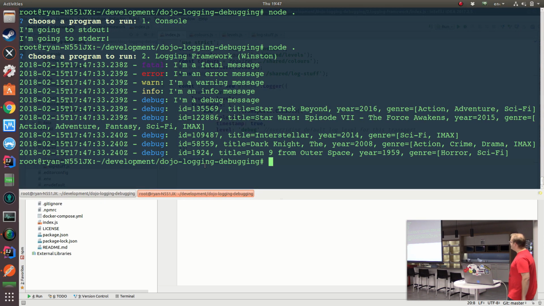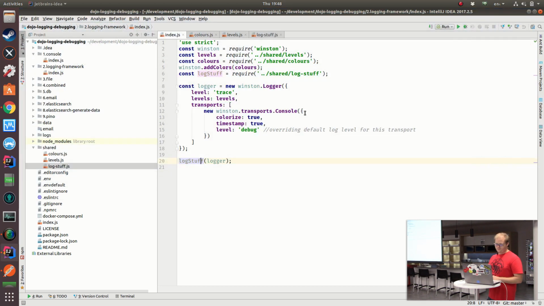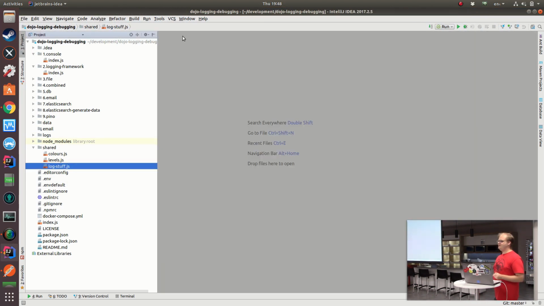So we get some pretty colors, which is quite cool. And we get a timestamp, which is really useful. There's nothing worse than trawling through logs without a timestamp. And you can tweak the formatting quite a bit. And you'll see it's got this sort of semi-pretty print way that it serializes JSON over there without all the braces. You can turn that off if you want actual proper JSON, which becomes quite important a little bit later on. Cool. So logging to console, we've increased our console visibility by adding some colors and some timestamps,